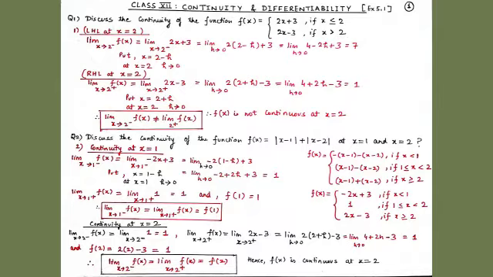Here we have three conditions. Our first condition is when x is less than 1. Our second condition is when x is greater than or equal to 1 and less than 2. And our third condition is when x is greater than or equal to 2. So students, the modulus function when x is less than 1 always gives us minus of (x minus 1) and then minus of (x minus 2).